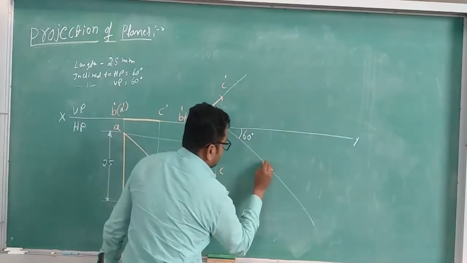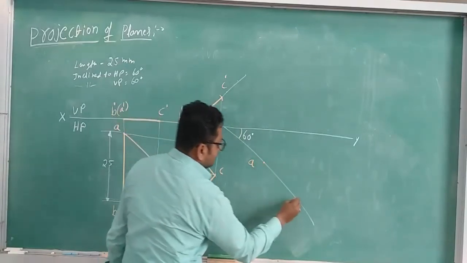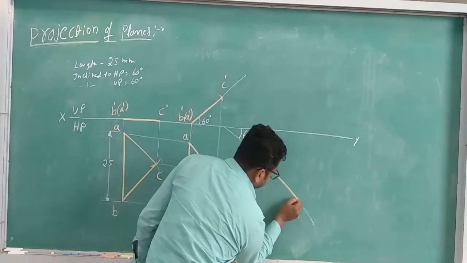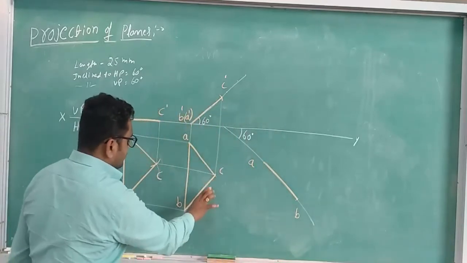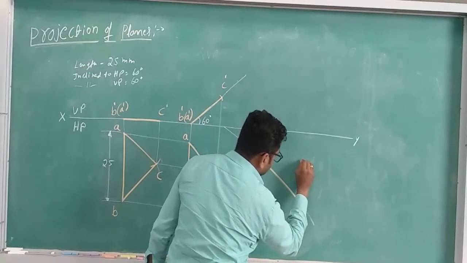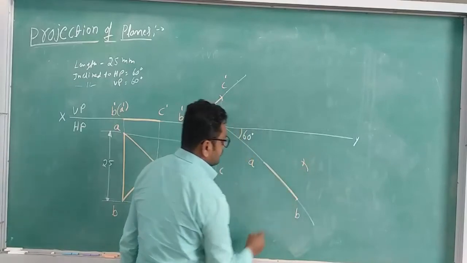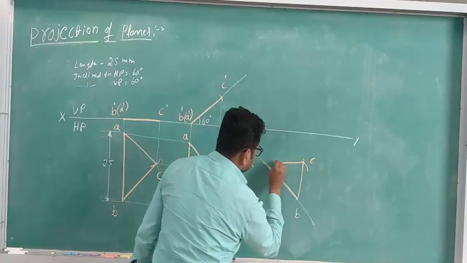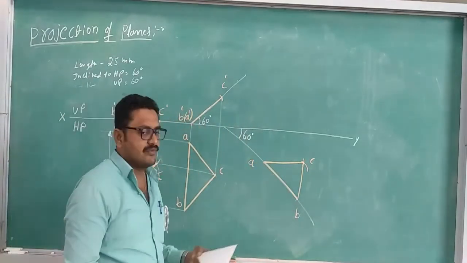So mark A and measure A to B and draw the arc of the same length and join AB. To get C, measure B to C and A to C, draw the arc taking B as center and then A as center, draw the arc at the point, we'll get C, then join it. This is the final top view, we made it.